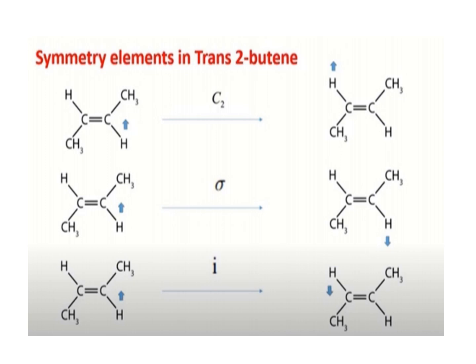Now what happens if we apply inversion center to this molecule? We know that the inversion center is actually the traveling of distance from the middle point to any atom, and if we find a similar atom on the other side, the result would be the inversion center. If we travel to this atom here, we should go to another atom downward, so the arrow would be on the opposite side and in the downward direction. This is the result of inversion center. So by applying the inversion center to the molecule, the position of the hydrogen atom and also the direction of the arrow will change as shown in the diagram.